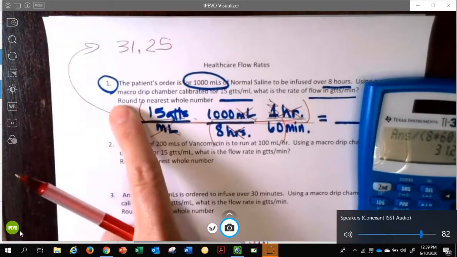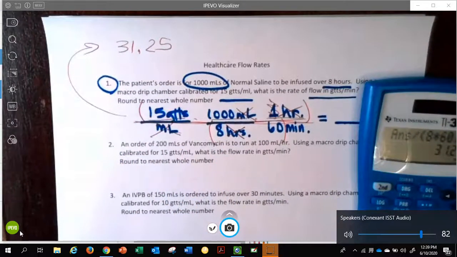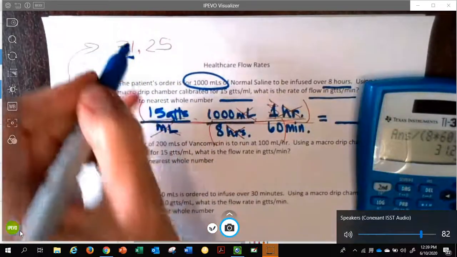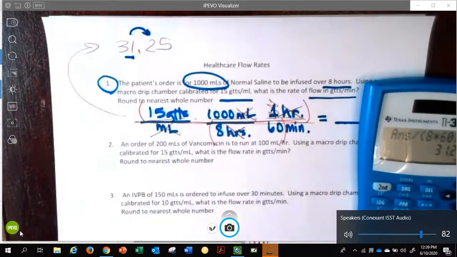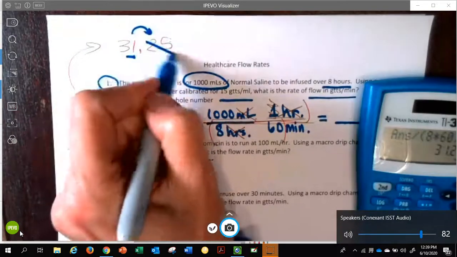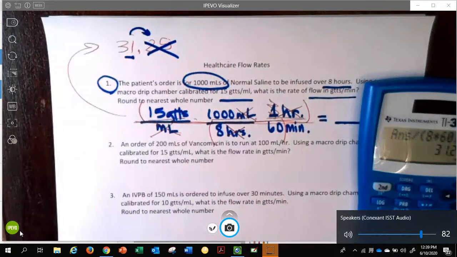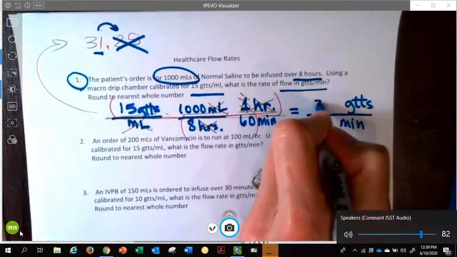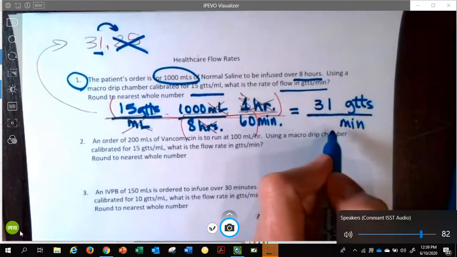And it says they want us to round to the nearest whole number. And so the nearest whole number is right here to the left of the decimal. And so when I look at my 2, it says the 1 stays the same, and everything after the 1 becomes a 0. So to finish my answer to the nearest whole number, I need 31 GTTS,